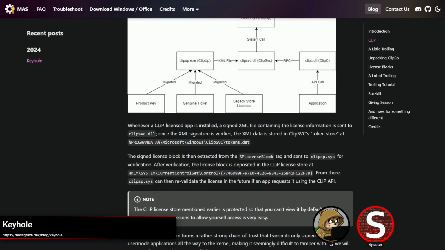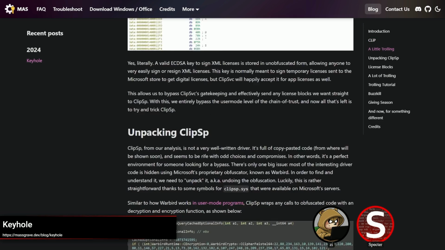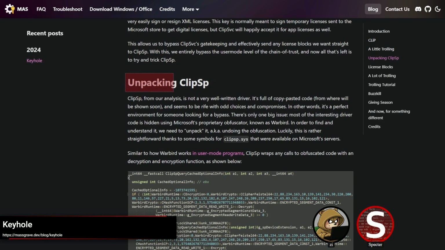This bug required some significant effort to even begin to find, because it is closed source, but also for their DRM stuff, Microsoft actually does some obfuscation too, which isn't too common that we've seen with coverage of Microsoft things before. They have their own proprietary obfuscator called Warbird, which is leveraged here. A fair amount of this post goes into the reversing and background of trying to audit CLIP. They were able to get a little bit of help because, for whatever reason, even though this is obfuscated, Microsoft servers had symbols for clipsp.sys, which is what CLIP used for talking to the secure processor. That managed to help out a little bit too.